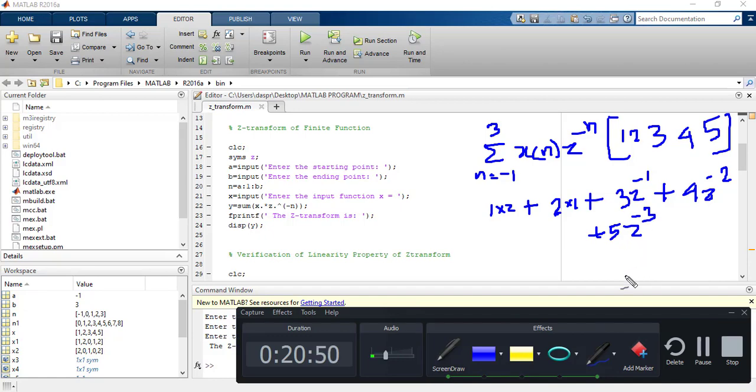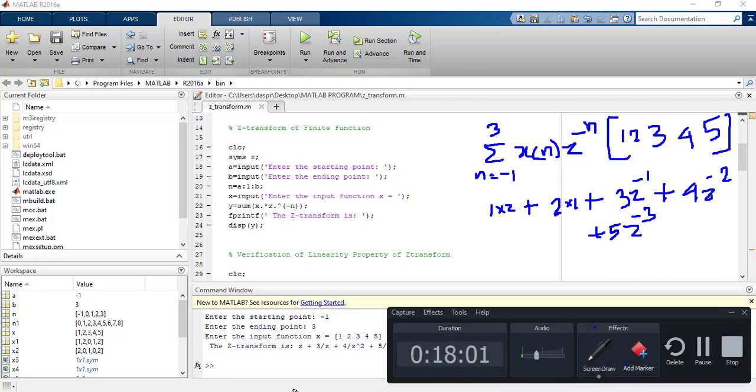So this is the result. Now if you check the result, you have Z, 3 by Z, 4 by Z square, and here it is 5 by Z cube, and at last you have 2 into 1 means 2.